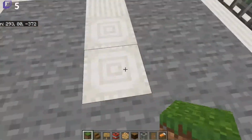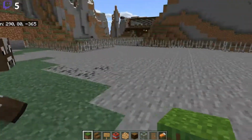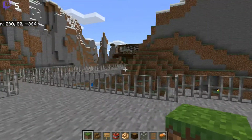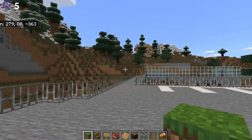Okay, here's the parking lot. Hello, cow. Parking lot, and then there's kind of two ways to go from the parking lot. You can go around to the main building, and